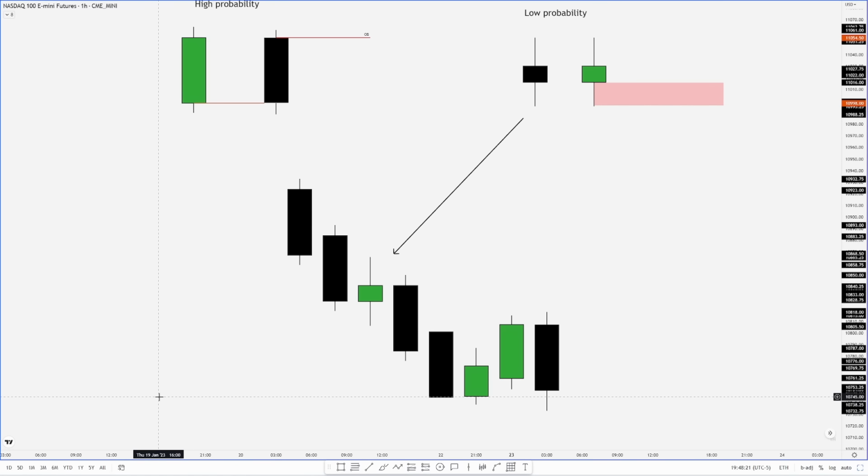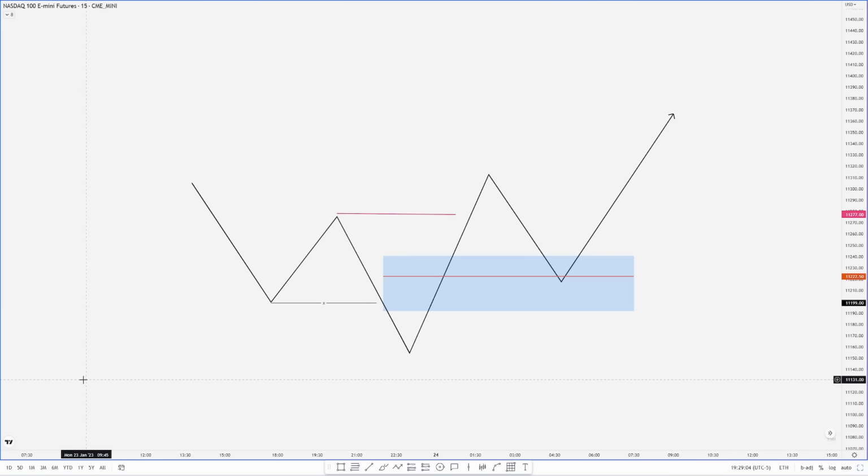Generally, I only use the low probability order blocks when we are either in a downtrend or uptrend, and that is the only up close or down close candle in the range. I will then use the wick to the open of that candle, and that will be my point of interest or entry. So now that you understand the structure and what we are looking for, let's move to the charts and find some examples.